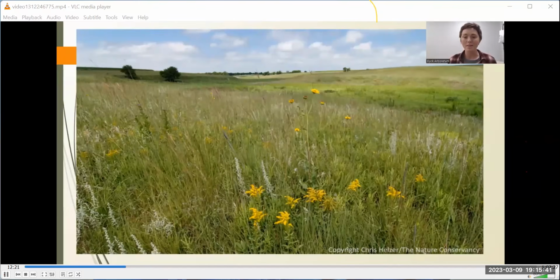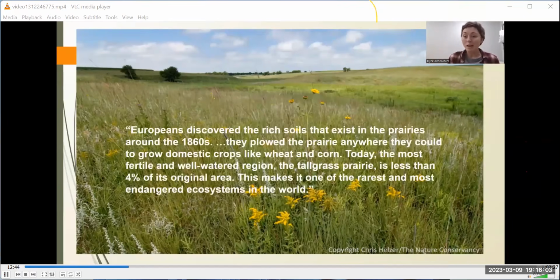And all of the plants that have evolved to thrive here were very, very hardy plants. And they have all of the right adaptations for this place. They can take very hot summers, very dry winters, and they can handle being eaten off by bison or elk and trampled on. Very, very tough plants. But unfortunately, as Europeans got here in the 1860s, what they saw was very, very fertile